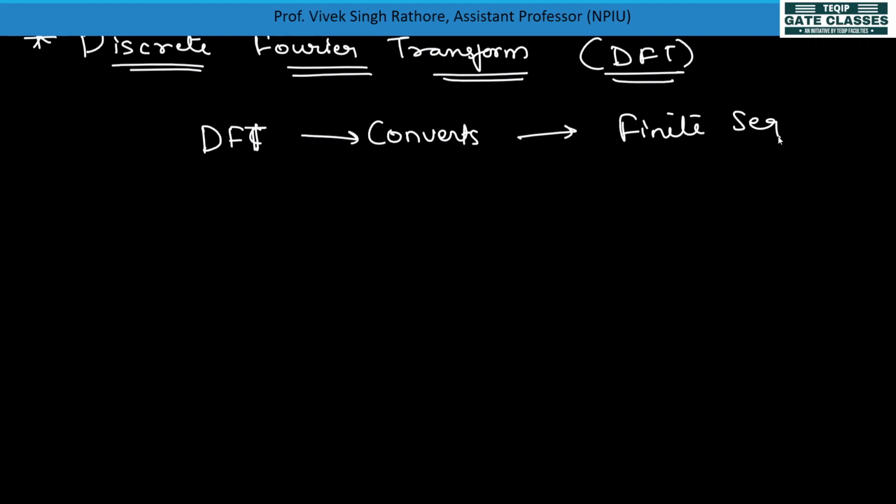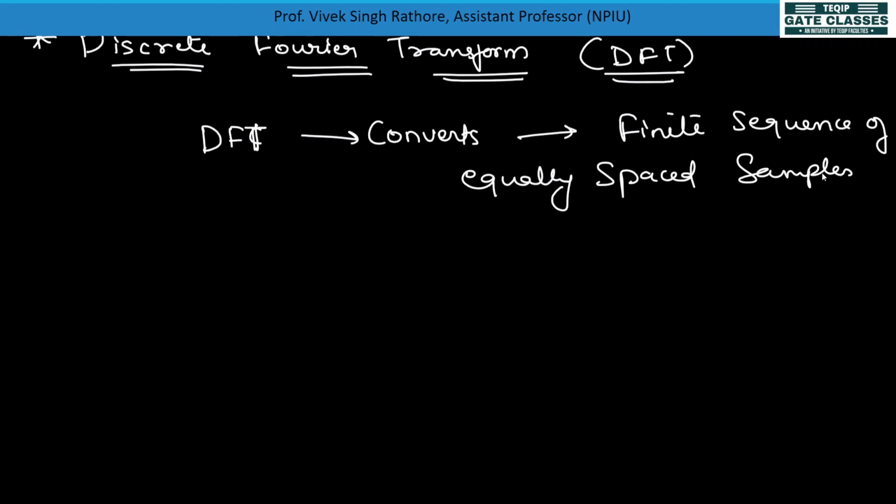A finite sequence of equally spaced samples. Now I think you must be understanding. The samples are equally spaced, and it is a finite sequence. It will convert this type of signal, a finite sequence of equally spaced samples, into the same length. Whatever length is there will convert into the same length sequence